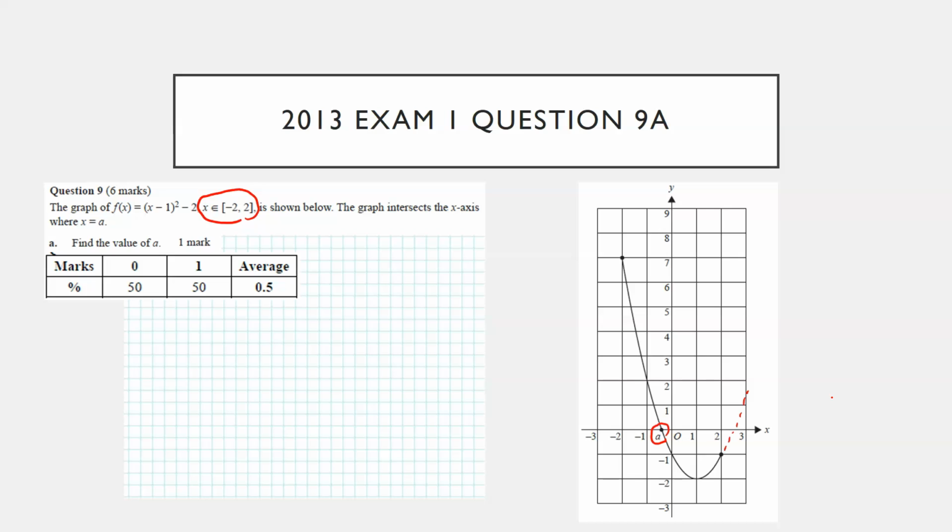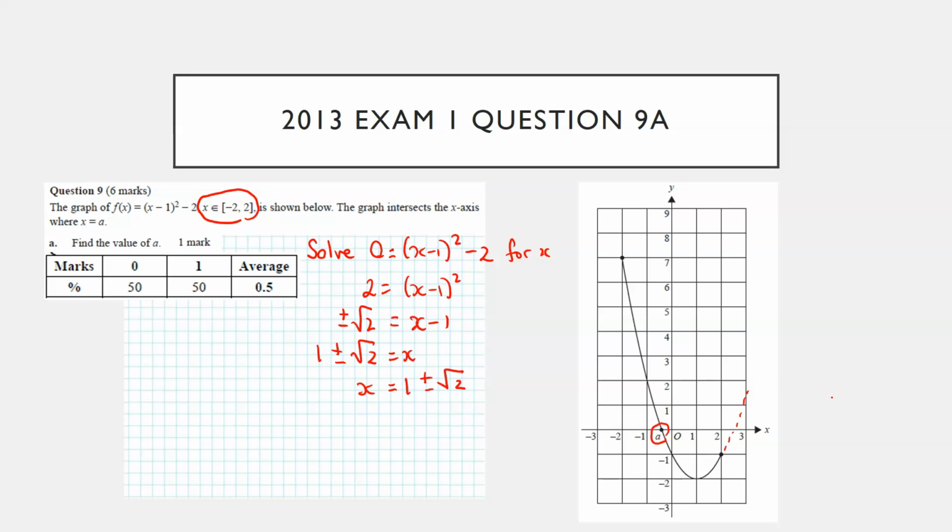All right, so let's find that value of a. We are simply going to be solving 0 equals (x minus 1) squared minus 2 for x. So adding 2 to both sides, taking the square root of both sides, remember the plus and minus, and then adding 1. Now, it's always good practice to have your variable on the left-hand side, so x equals 1 plus or minus